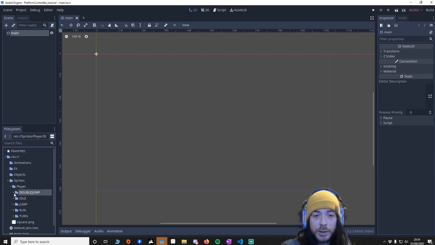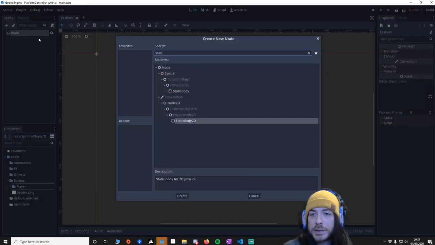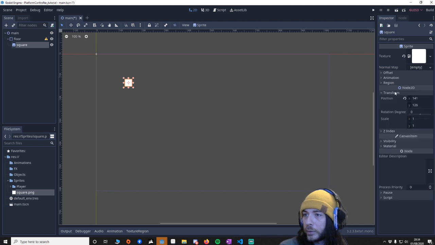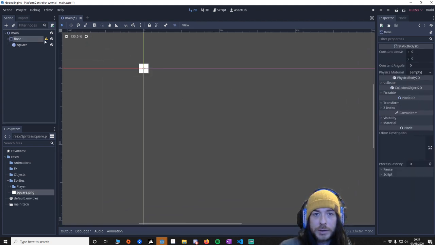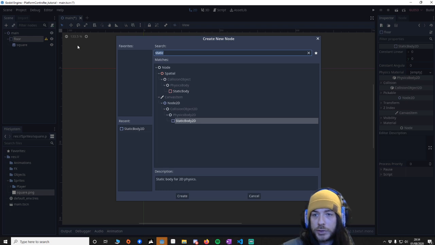So what I'm going to do is we're just going to make the floor. So I'm going to make a static body. I'll just call this floor, and then we'll put that in here. Go to your transform, make sure it's at 0, 0. You'll notice that the floor's got this icon. It means it needs a collision body. So what we're going to do is add a collision shape,